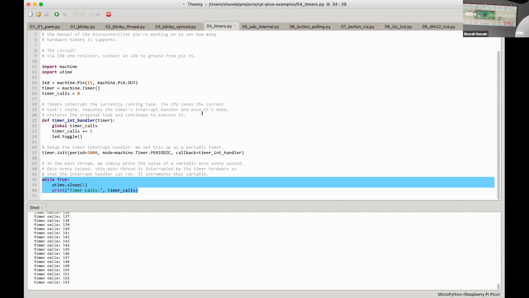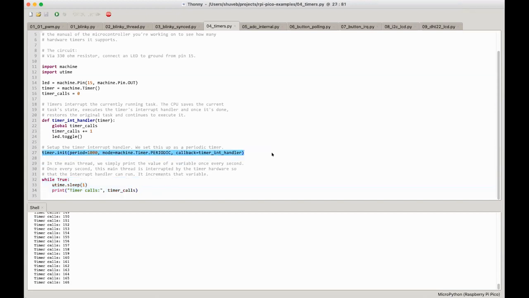But the whole idea is that to do any periodic tasks, let's say you have really complicated logic here, and then you also need to blink an LED. That becomes very painful, correct? So the idea is that with a timer, you can do periodic tasks very easily. And whatever it is that your main core is running, it'll automatically be taken care of by the CPU, because that's how interrupts are handled. This is an example of a hardware interrupt.